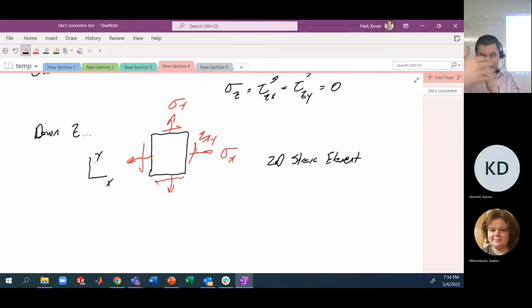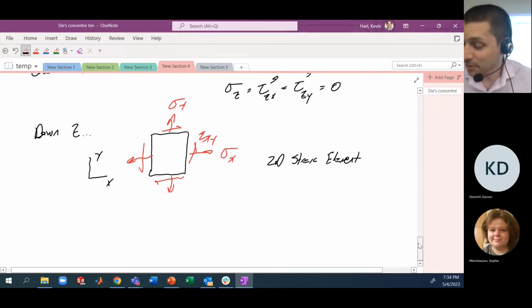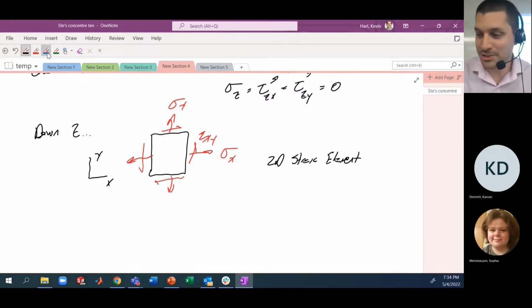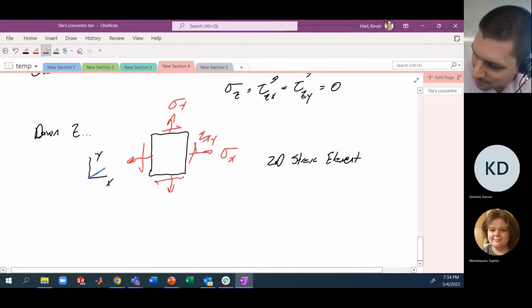We could also cut this way, expose a different face, and cut this way and expose a different face. Those orthogonal cuts make up the stress cube. And those cuts that we made were sort of arbitrary, and we could also make different cuts in different directions. And those alternate cuts might lead to an alternate coordinate system that would be like an x prime, y prime